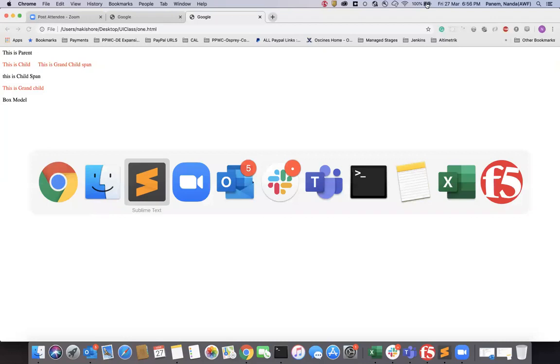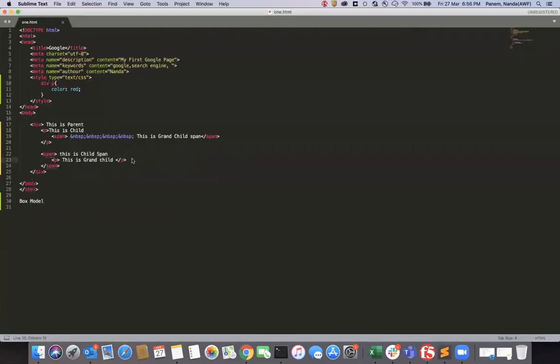Exact children of the div tag. See, if you add one more paragraph inside the span, it is also a grandchild. Suppose you add one more paragraph here, this is a child now. This paragraph is a child of the div tag. So the first paragraph and third paragraph are children. And these paragraphs are grandchildren for the span tag. Okay. And then what are all the next selectors?